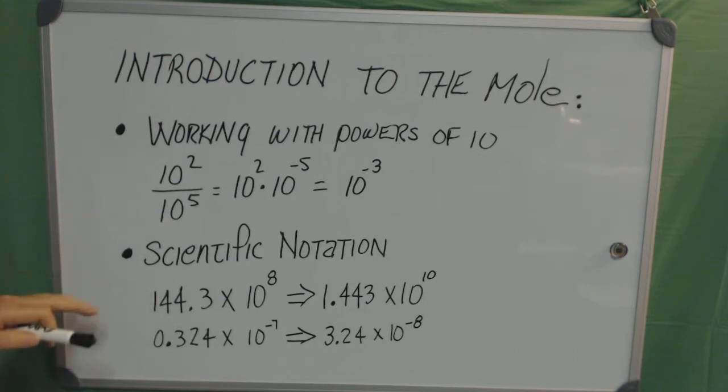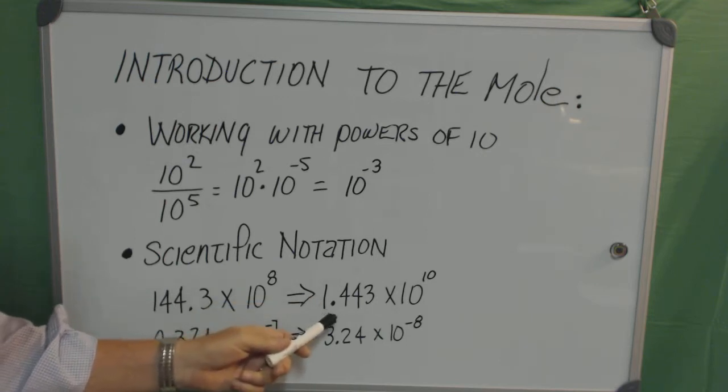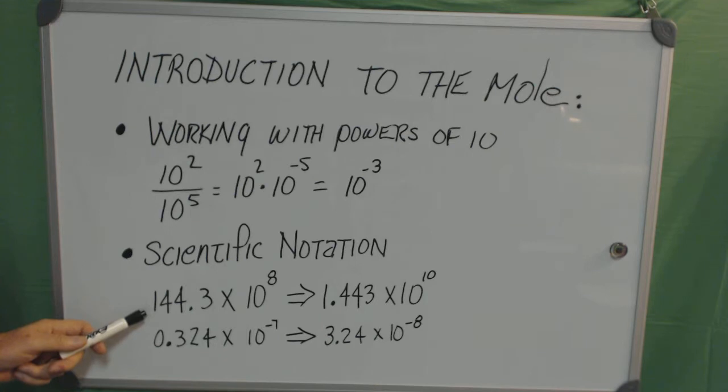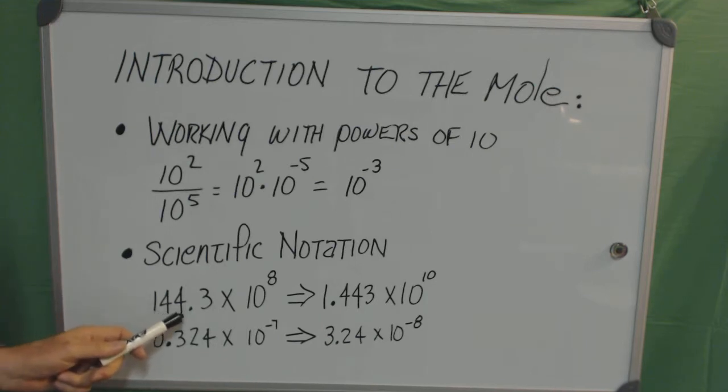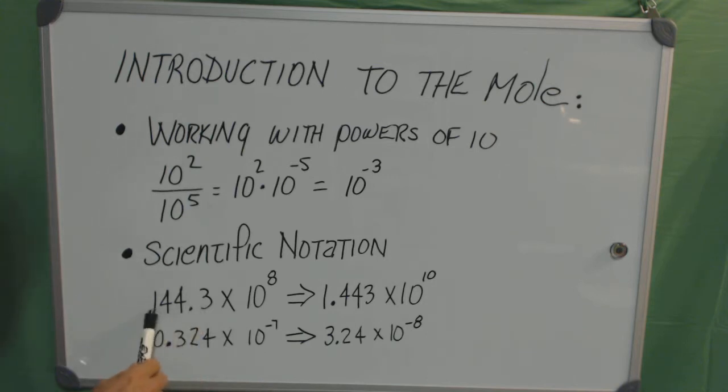The next thing you need to know is scientific notation. We have a generally accepted practice of having scientific notation in the form of a 1 digit and some decimals. So anytime you have a number that you calculate, for example 144.3 times 10 to the 8th, you have to change this form to get it into